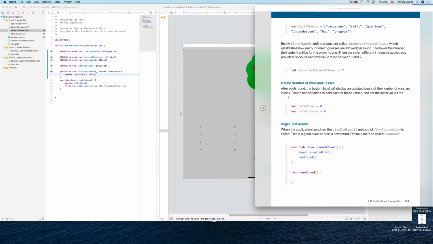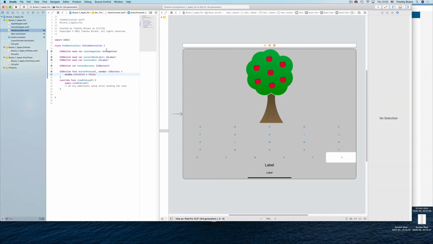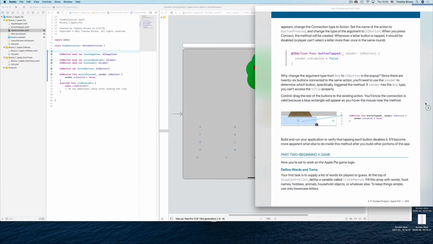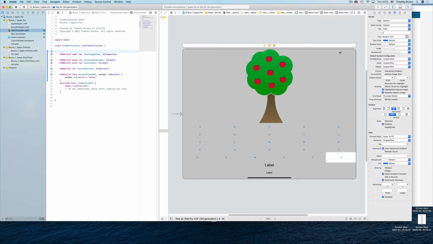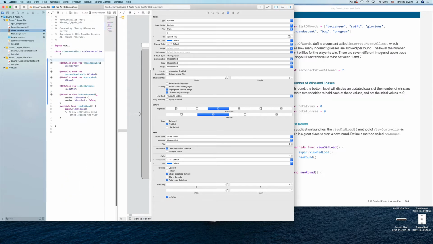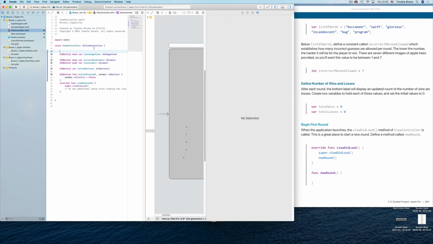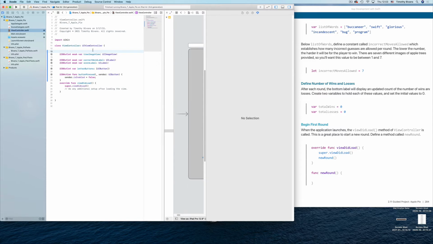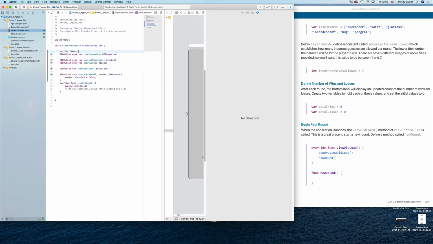So where did he put this? It's in the view controller. At the top of the view controller, we're going to add this list of words right there. Let me make this smaller. There we go. All right. Var list of words equals square bracket